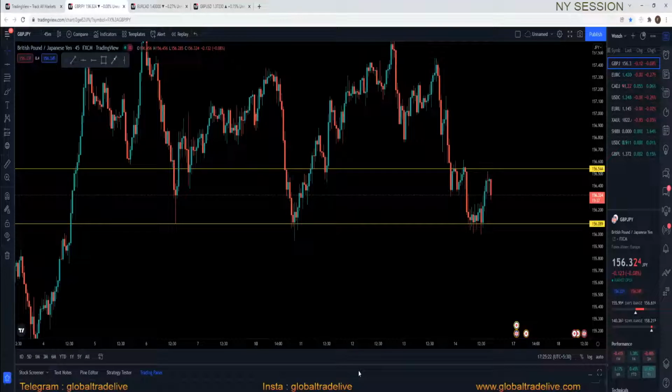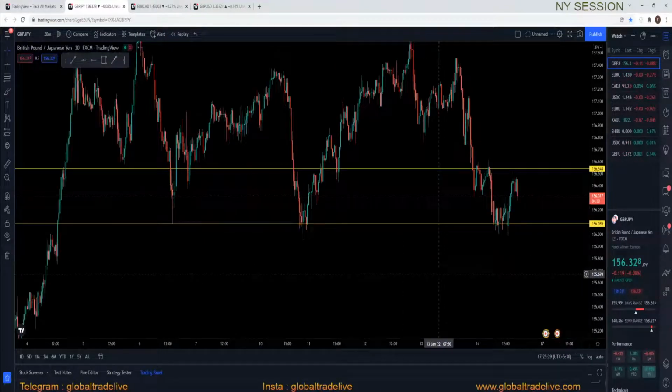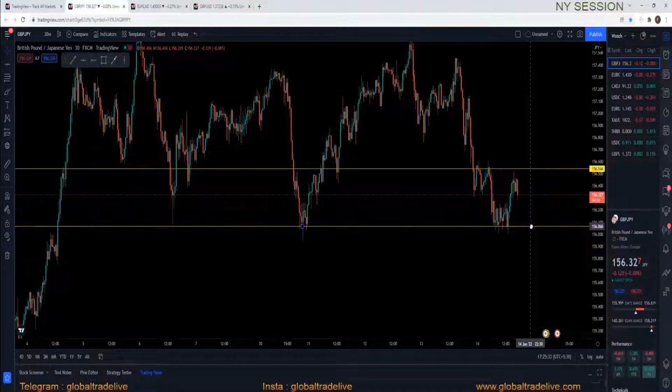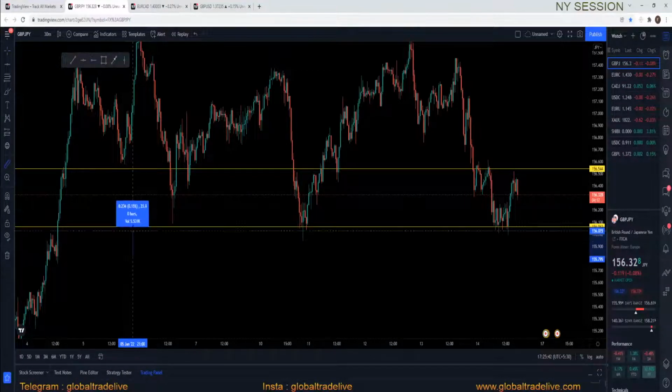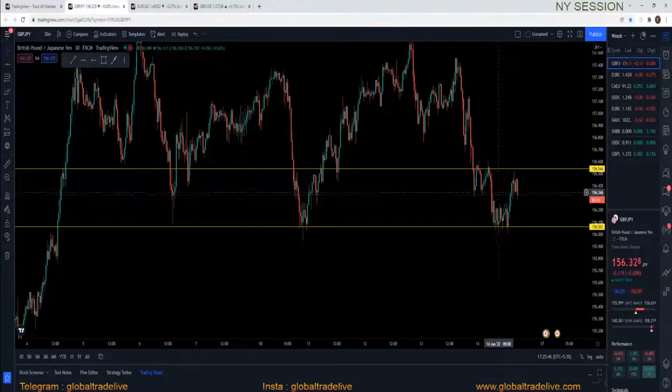Same analysis over here in 45 minutes too, so that's a nice thing. And if we talk about the 30 minutes, okay, let's see. Need to shift some areas over here in 30 minutes. But yes, market can easily go down to this level from here. So the range is quite good, and market can easily go down 10 pips from here.